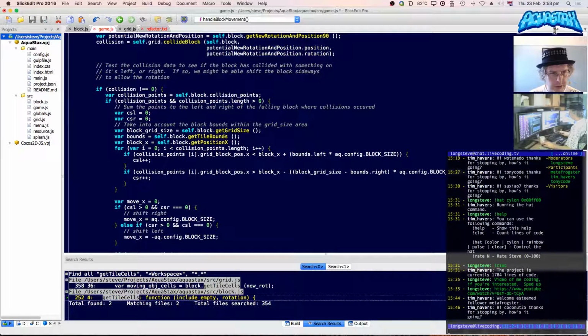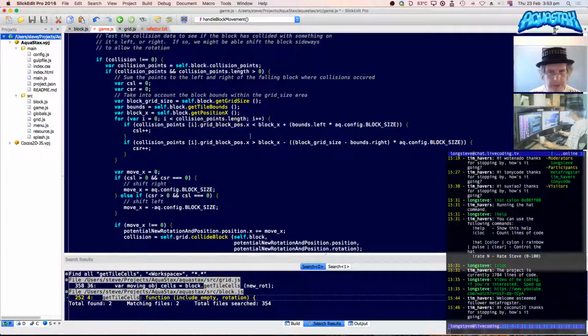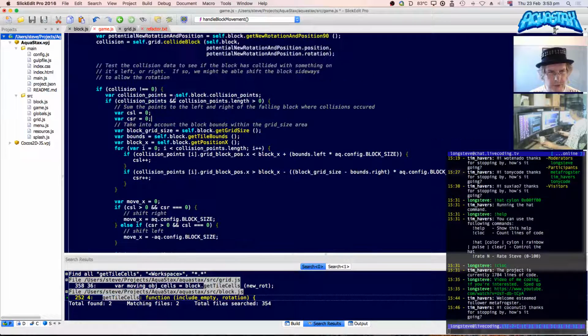Right. So if we're looking at shifting left or right, so the sum of the left or right collision. So I know a left collision will occur if collision is in fact equal to